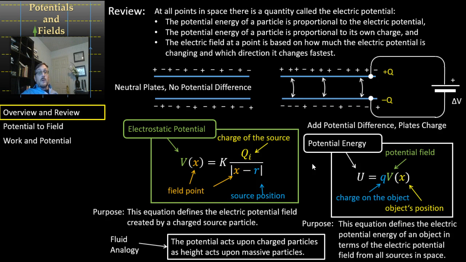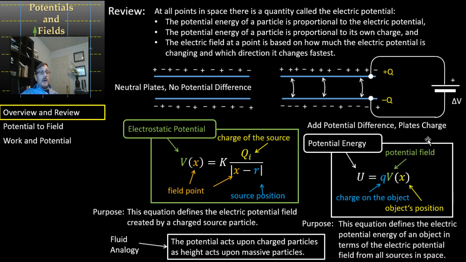Let's see. The electric field is basically the slope, how much that electric potential is changing. We'll talk more about that very, very soon. If I had two different plates here that were both neutral, or even if they both had the same charge, there'd be no potential difference between them. But when I start moving these charges, so if I've moved some charges up here and charged up these two plates, one at minus Q and one plus Q, so they have a difference of 2Q,